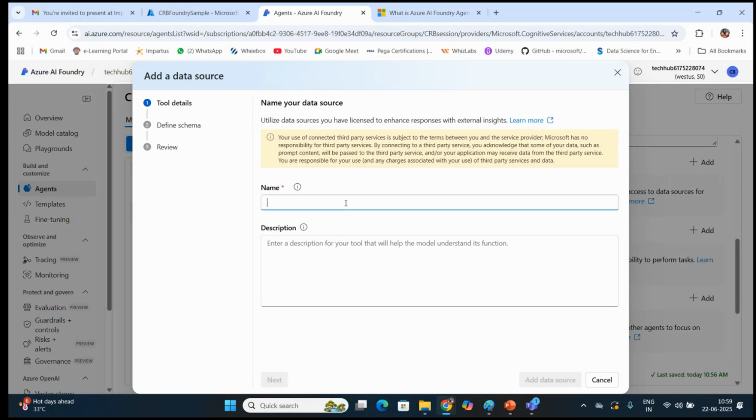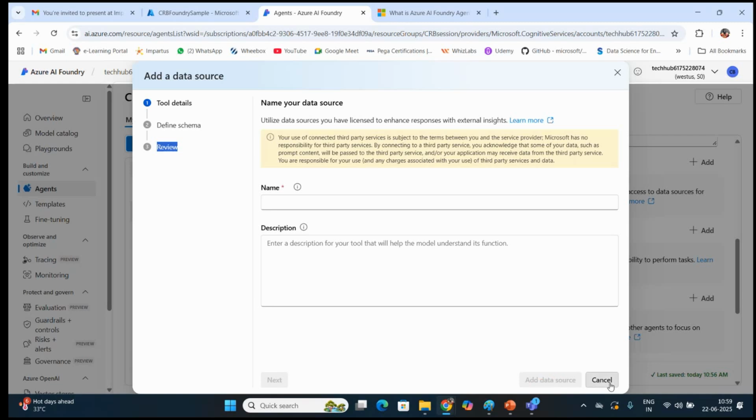And when you want to connect your data, you will give the details, the description again, and you would be giving the schema here, wherein you would have the knowledge base being added. Then you would review everything and create the knowledge base here with the help of add data source.